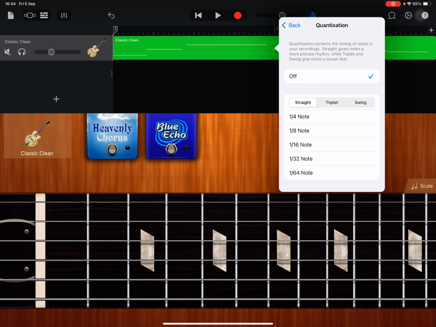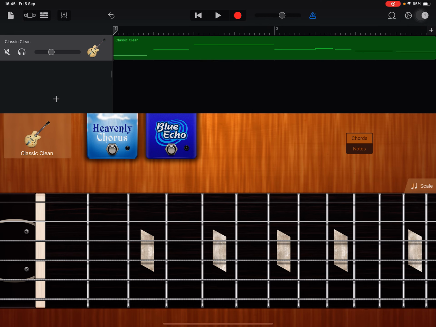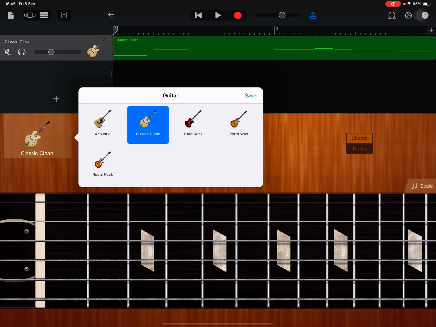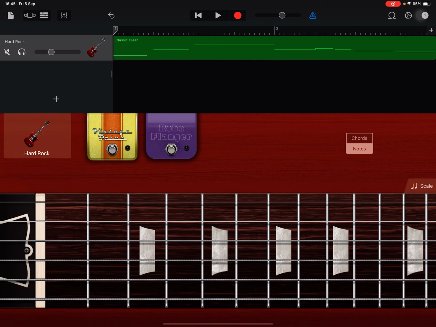So if you look at the green MIDI information, you can see that the notes automatically adjust and line up. So originally it was back here. The notes actually line up now. So if I play it now, it's with the metronome. You can change your sound as well. The reason I don't